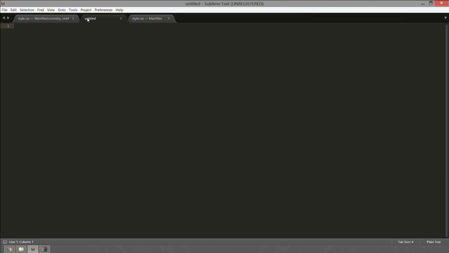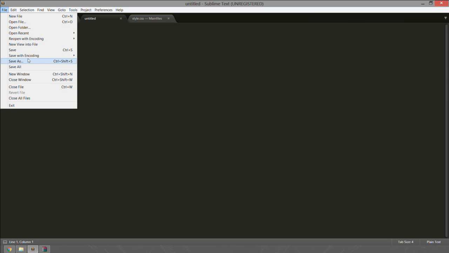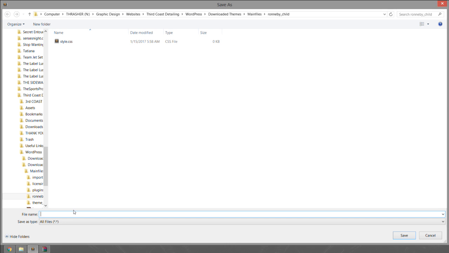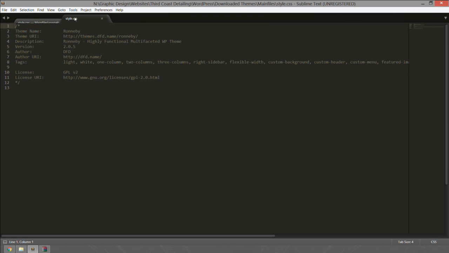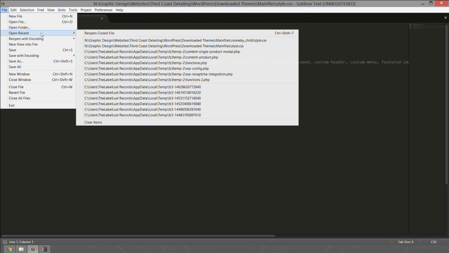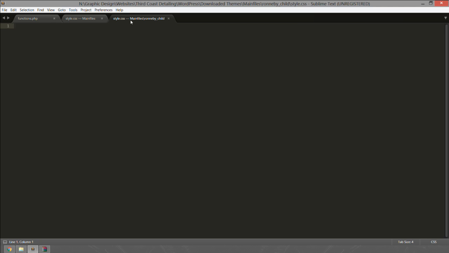In my second Untitled tab, I'll save this as functions.php. Save. So in our style.css, we're going to type out /